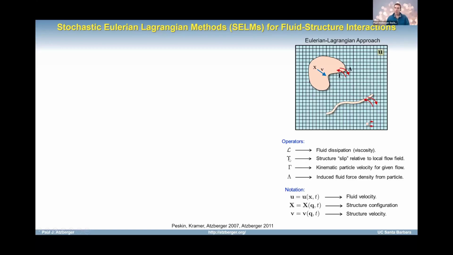I'll have this epsilon parameter, which is like a slip parameter that'll tell us how strongly the microstructure is being coupled locally to the fluid. And eventually I'll take that to infinity. We'll see some interesting outcomes of that asymptotic limit. Gamma here is going to be, like I said, this kinematic operator that tells us how the microstructure moves in response to the surrounding flow. And then lambda will be basically the force spreading operator that tells you how any stresses, forces, torques ultimately will influence the fluid's change in momentum.